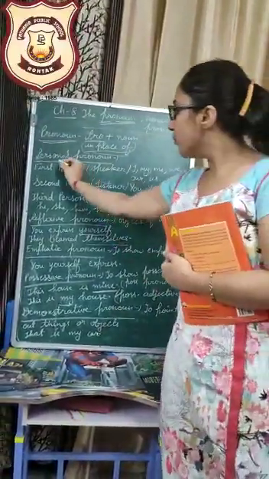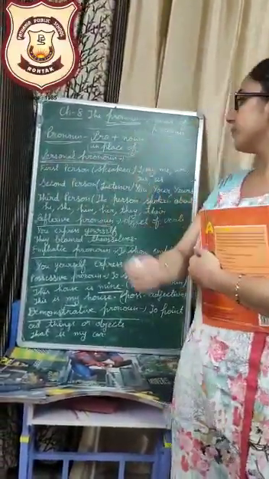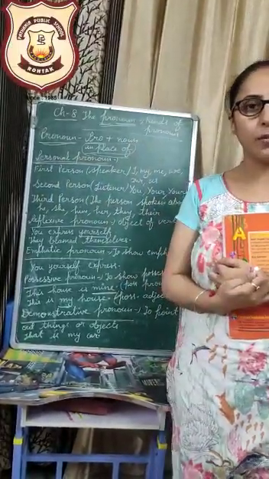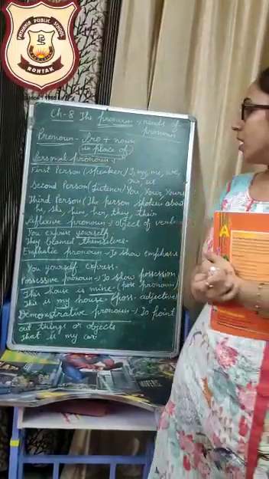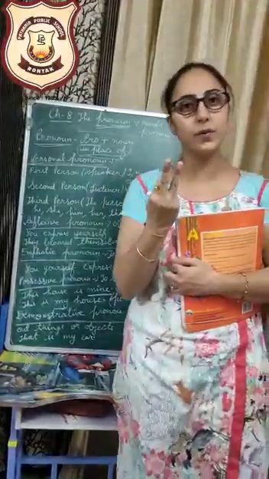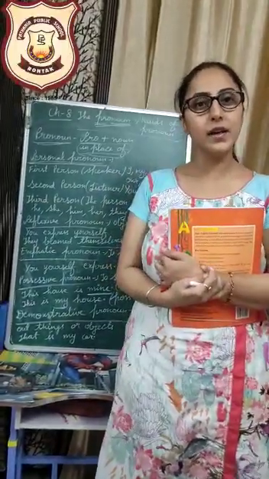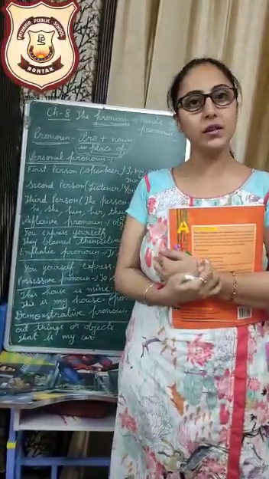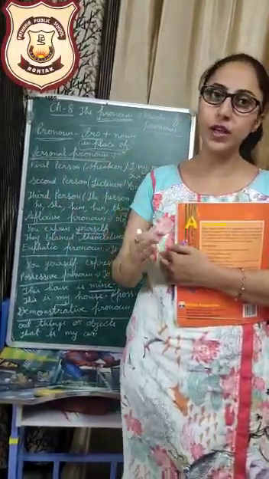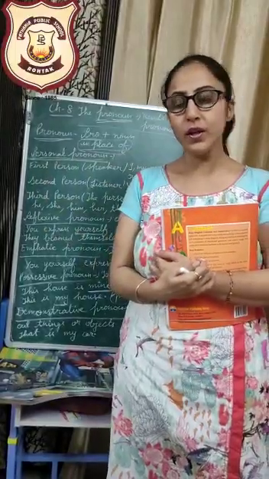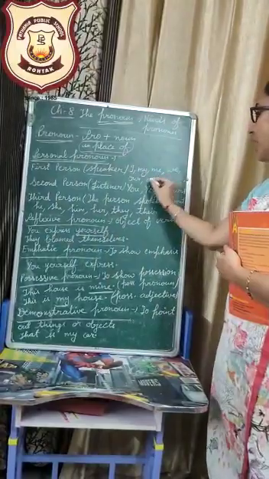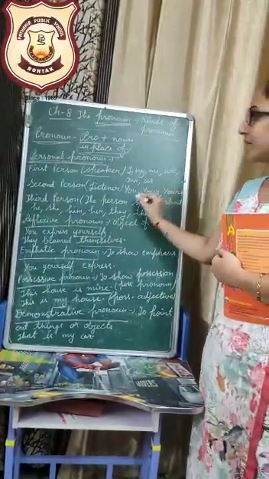Types of pronoun, see, first is a personal pronoun. Personal pronoun shows about any person or thing. Okay. Basically, there are 3 persons, first person, second person and third person. First person is the speaker. Now, I am a speaker, so I is a first person. We is a first person because in we, I is also included. Okay. So first person is basically the speaker: I, my, me, we, our, us.